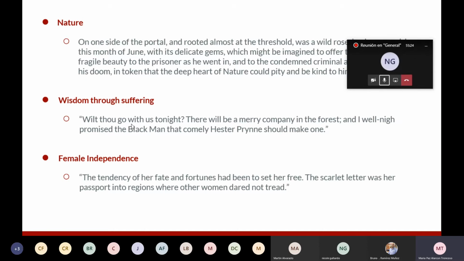Here is a quote that says, "Wilt thou go with us tonight? There will be a merry company in the forest, and I will nigh promise the black man that comely Hester Prynne should make one." The other theme is female independence,